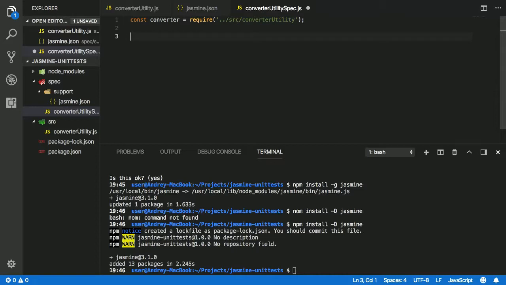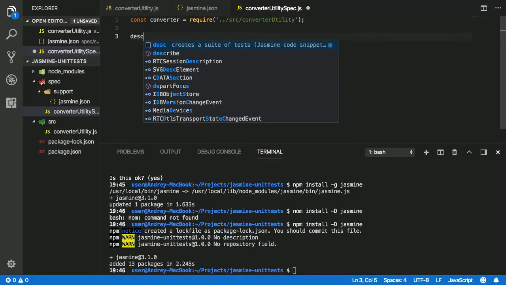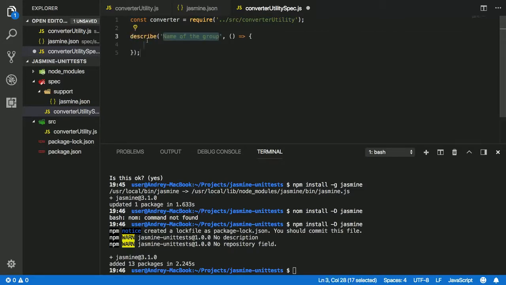So let's create the high-level describe block. So the structure is the following. You got describe. The first argument of the describe block is string, where we will have a description for our group of tests. In our case, it's gonna be unit tests for converter utility,